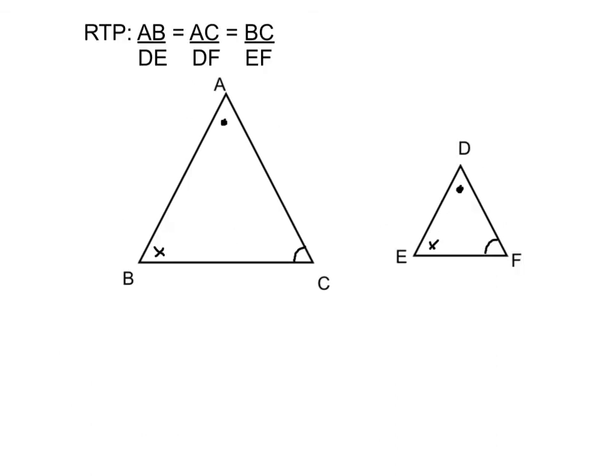However, if we wanted to prove other parts of the statement up here, so we have done the first fraction, the AB over DE. Don't worry that our fraction is upside down, it makes no difference. And we have done AC over DF, so the first two fractions. If we are wanting to prove the first equal to the third or the second equal to the third, all we need to do is change our construction in such a way that we can put